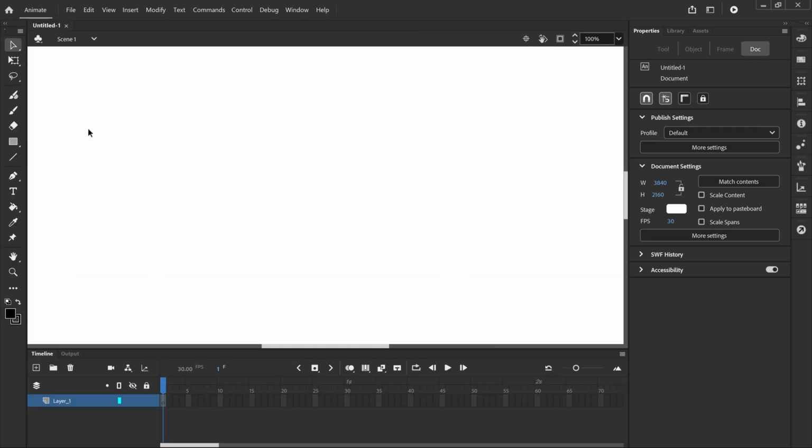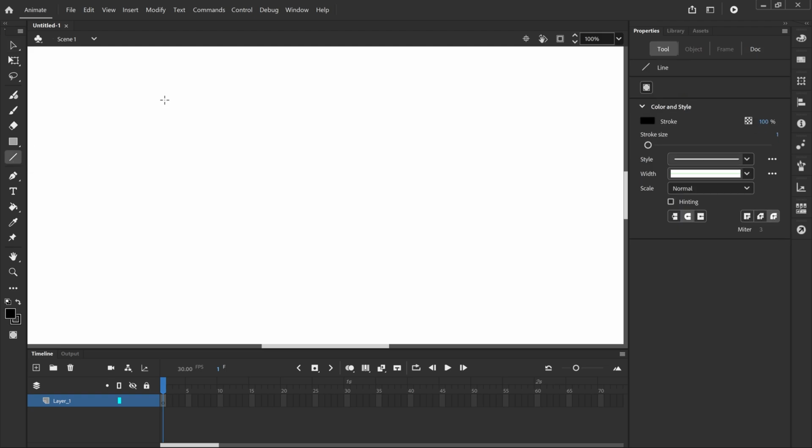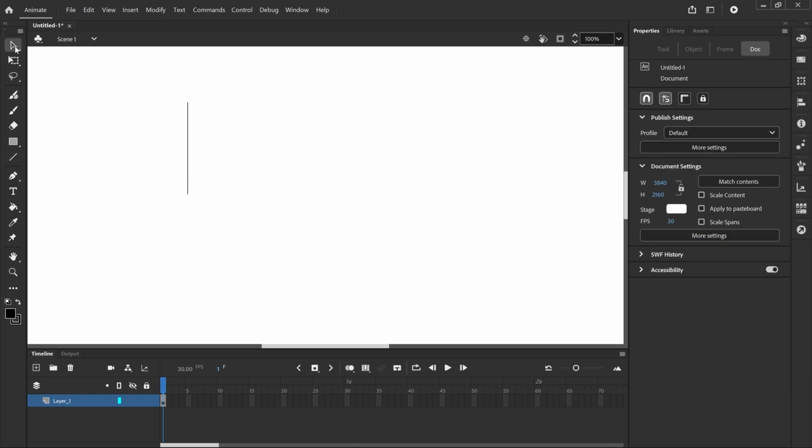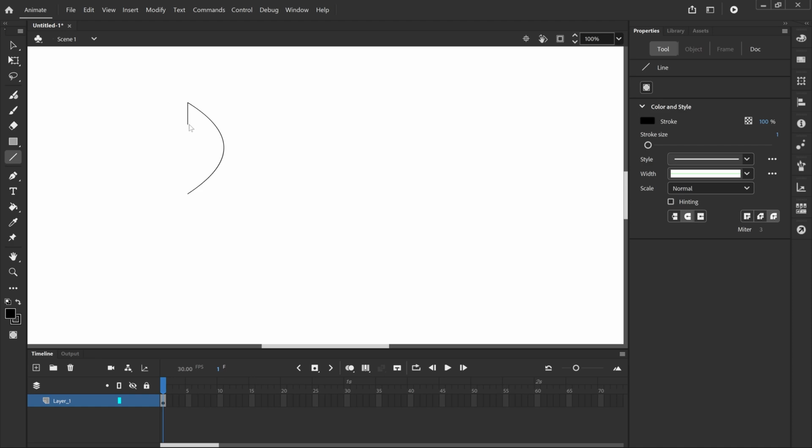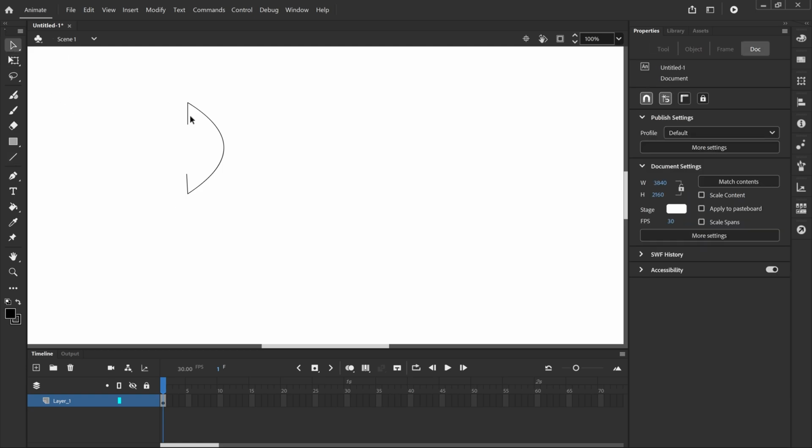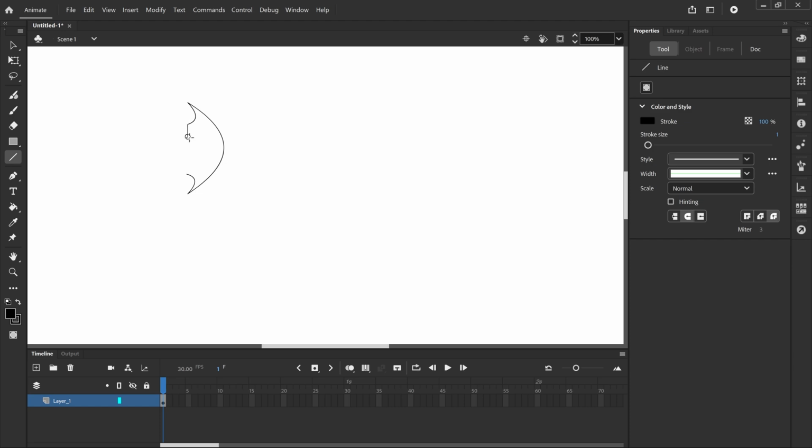We're going to draw an object. I'm going to use the line tool. I'll use the selection tool to drag a curve, and the line tool, one line here, one line here, then the selection tool to curve, another line here, another line here,